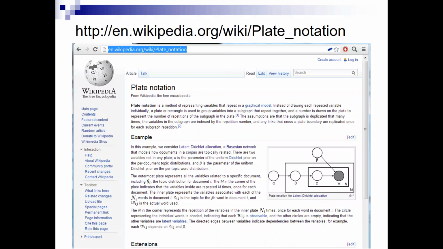And if you saw any of that work presented anywhere, you saw plate diagrams that were like what you see on this Wikipedia page. And if you're not a machine learning person, when you saw those, it might have been sort of mysterious to you. But today, I'm going to unpack that slightly for you. And I want to unpack it because I want to start to introduce you to the idea